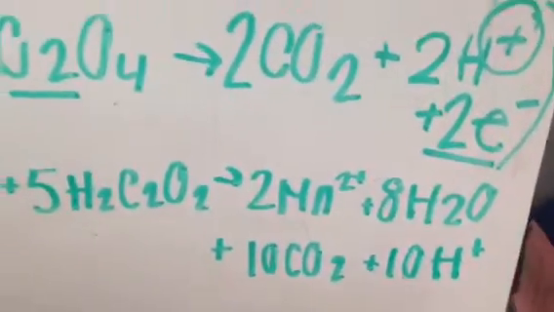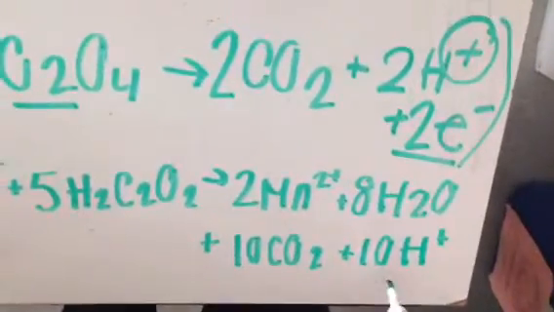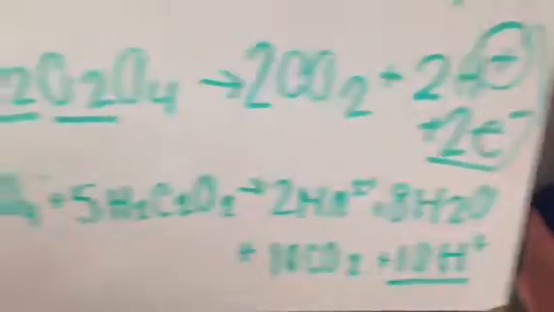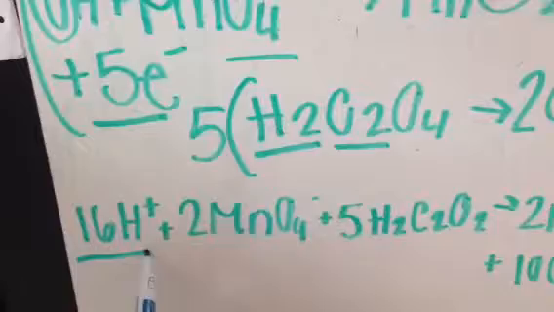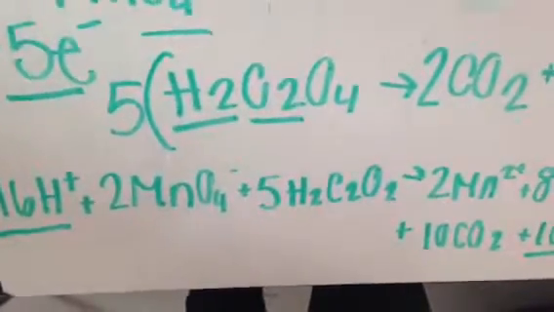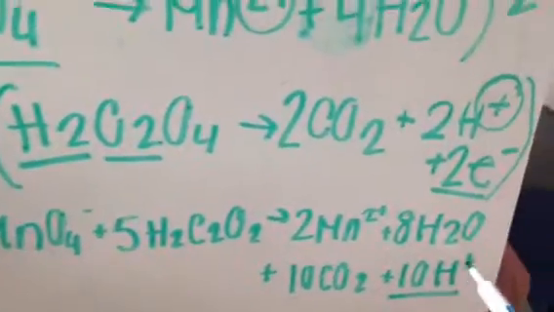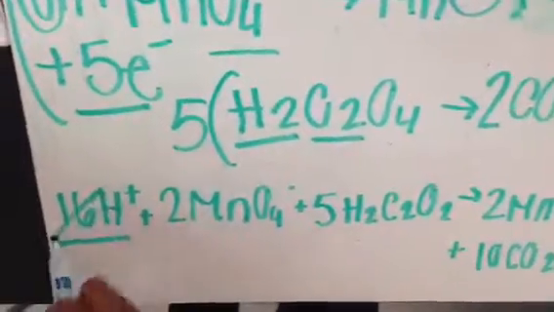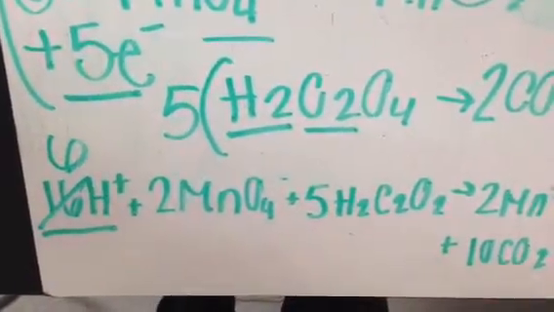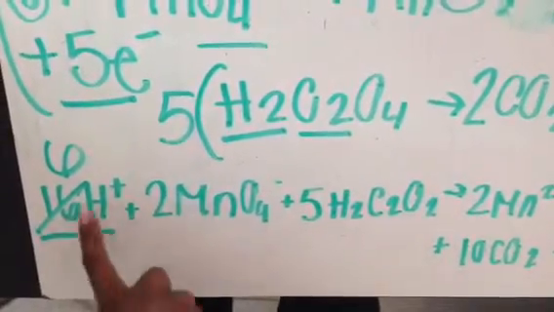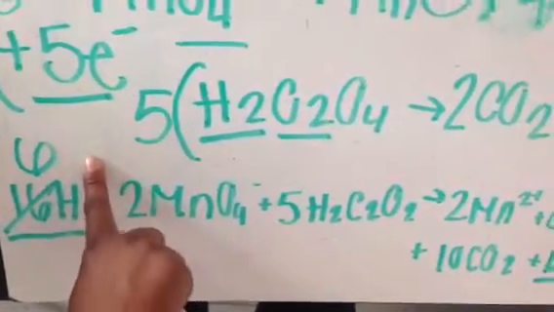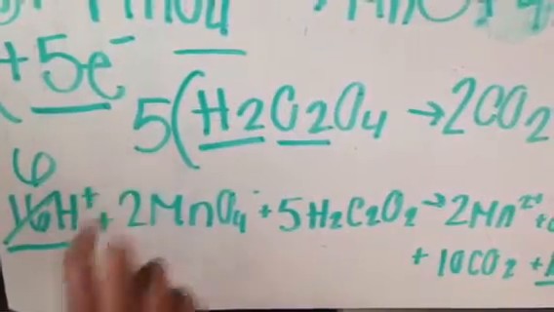So now we can cross off some things that we don't need. We have 10 H plus here, and we have 16 H plus on the other side of the equation. So we can get rid of the 10 H plus here. And instead of 16, this is going to become a 6 because we had 10 here, and take away 10 from 16, you'll have 6. So our final equation will be